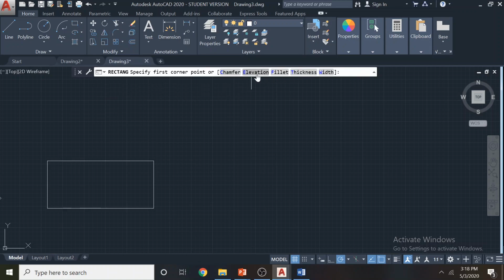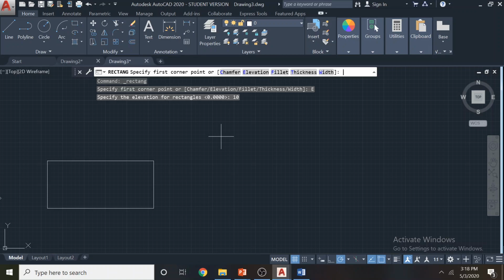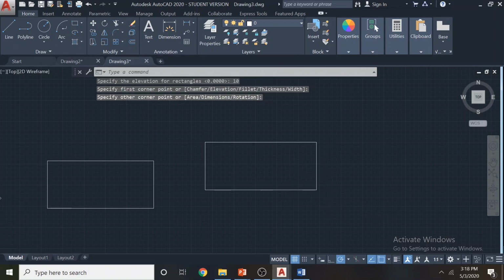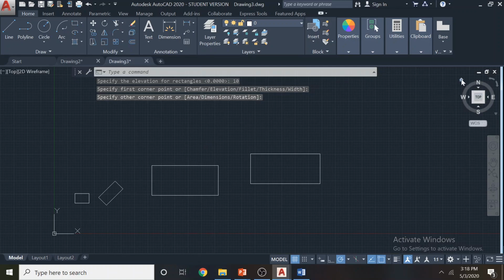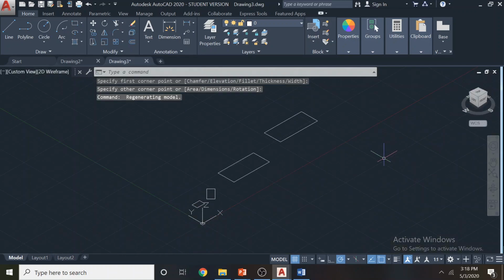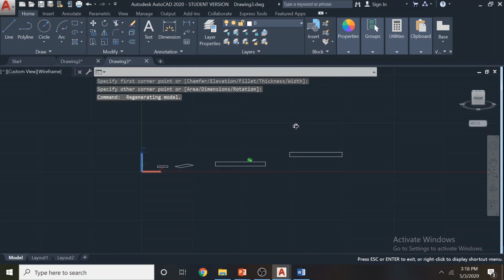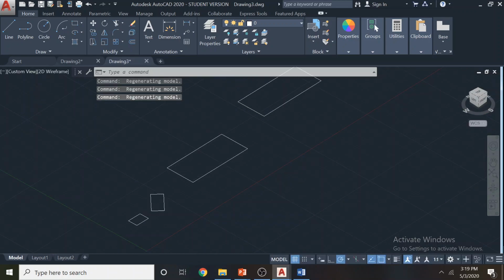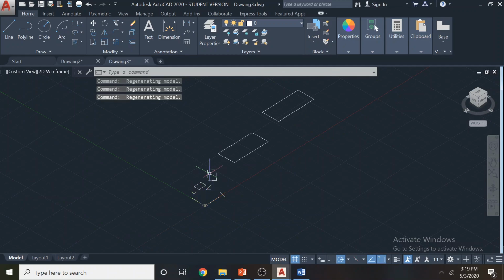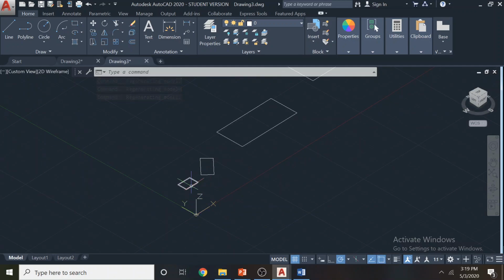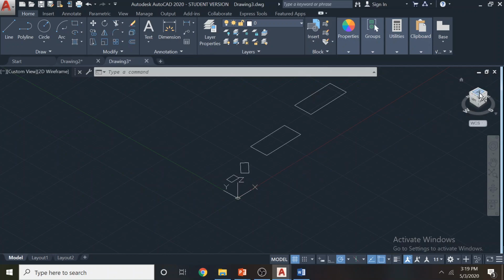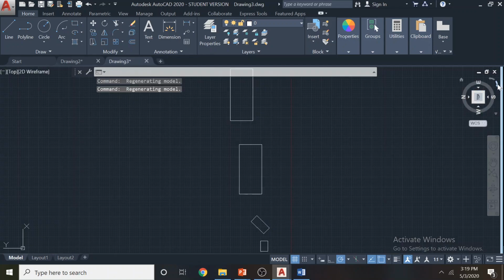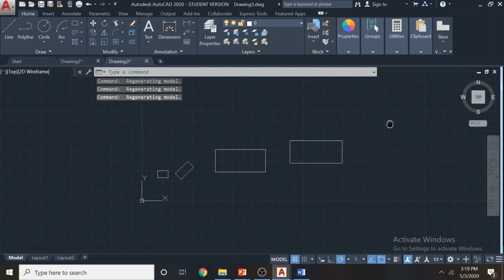What is this elevation? Elevation is, we are elevating the rectangle. Say if I just press 10 and draw a rectangle, you may not see the difference, but when you go and check the home position, and look in 3D mode, you see there is an elevation here. So I elevated the rectangle by 10 units. It's not in the XY plane anymore, it's on the Z axis now. So remember that option also. We can use this view cube and get that home position.